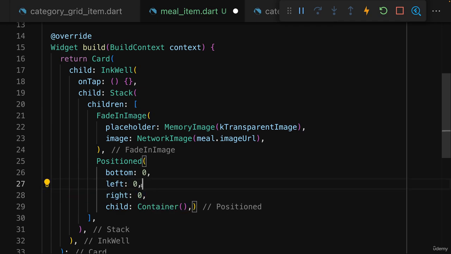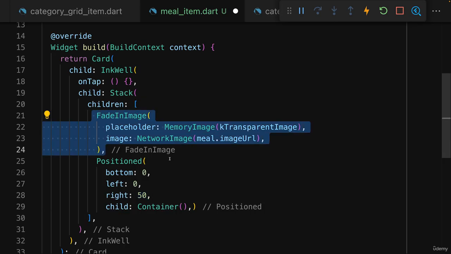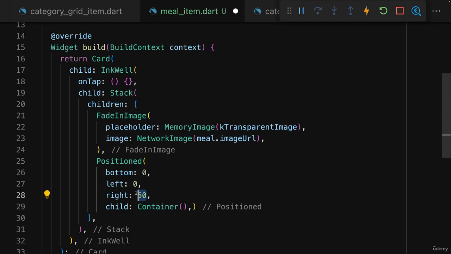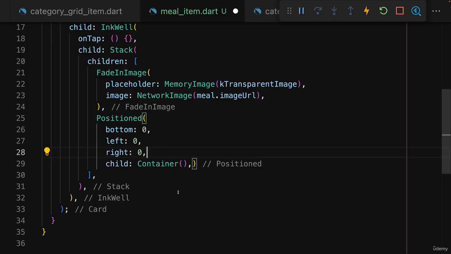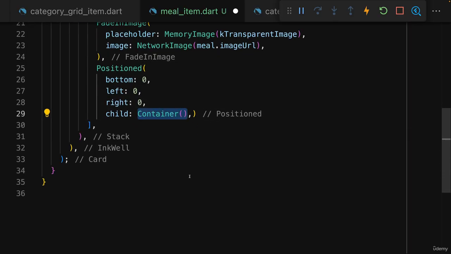So there is no distance between the left border and the right border and this container. That's what this says. If I would set this to right 50, for example, I would say that this container should end 50 pixels before this image here ends to the right. That's how you can think of that. And it's best if you simply play around with these values to then see a difference. But of course, to see a difference, we first of all have to make sure that we do display something